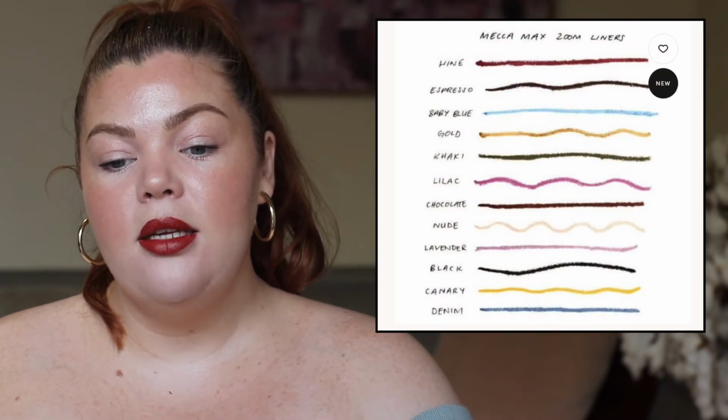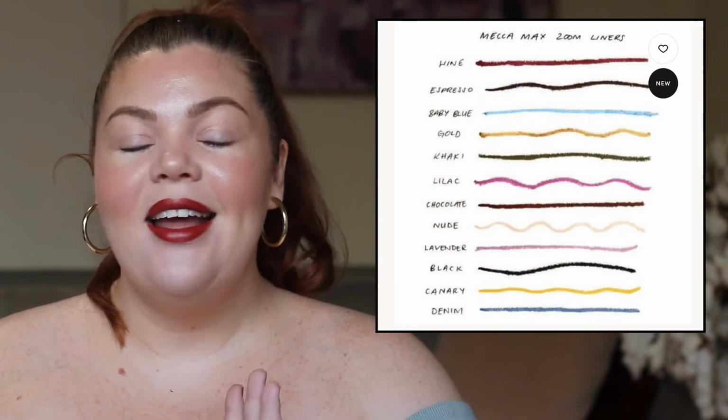Because I'm all about hydrating the lips. I pretty much always have a lip balm or something on. I go to bed with a sleeping mask, the Laneige sleeping mask. Love it. Continuing on, we have from Mecca M.A.C the Zoom liners for $16 each,